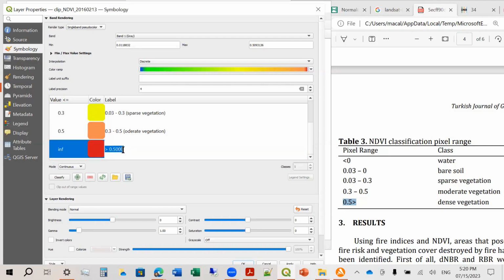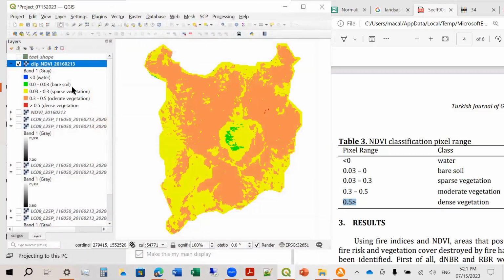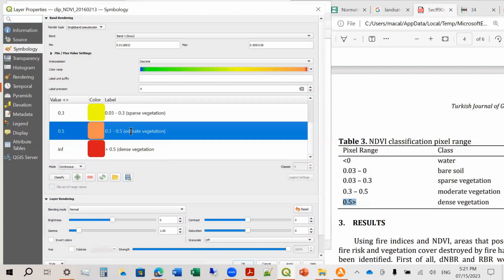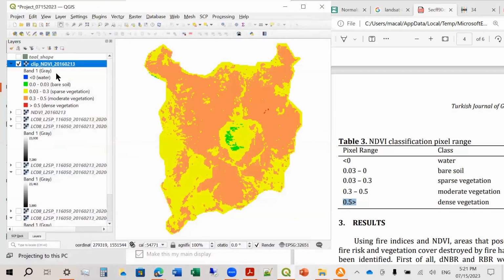And then this one greater than 0.5 is dense vegetation. Okay, and then let's apply. Okay, so this one, oh, sorry. Wrong spelling here. To be moderate. Apply. Okay, so this is it. Okay, so this is your NDVI classification based on the values.